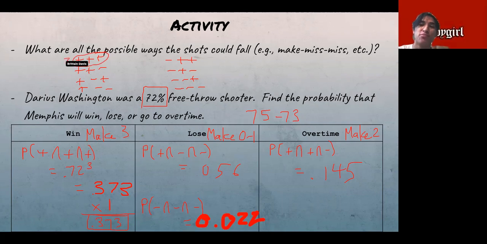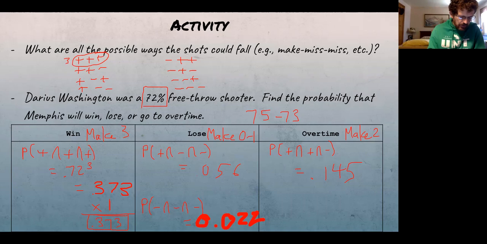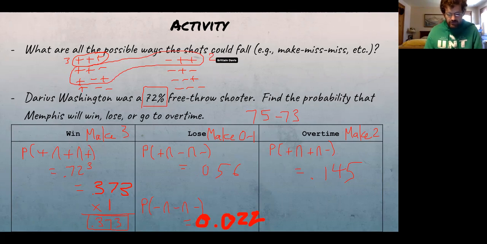All right, so I can see that these 2 right here and this one right here all end with 2 makes and 1 miss. Now, each one of these has a probability of 0.145 happening. And that 2 means 2 makes that I wrote beside it. So if there are 3 outcomes with 2 makes, then I need to